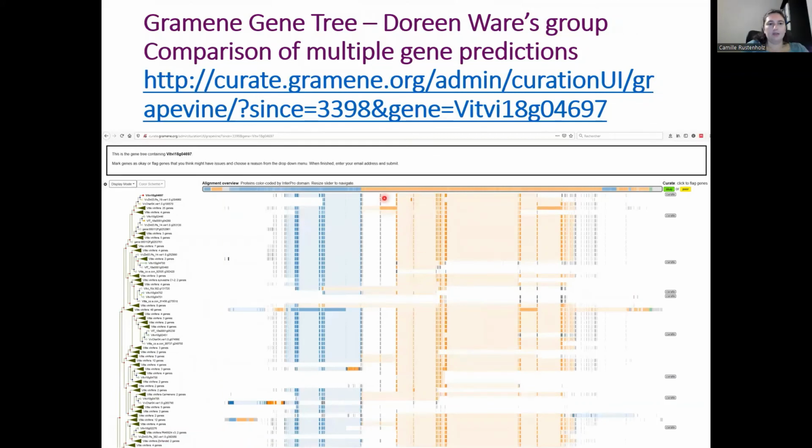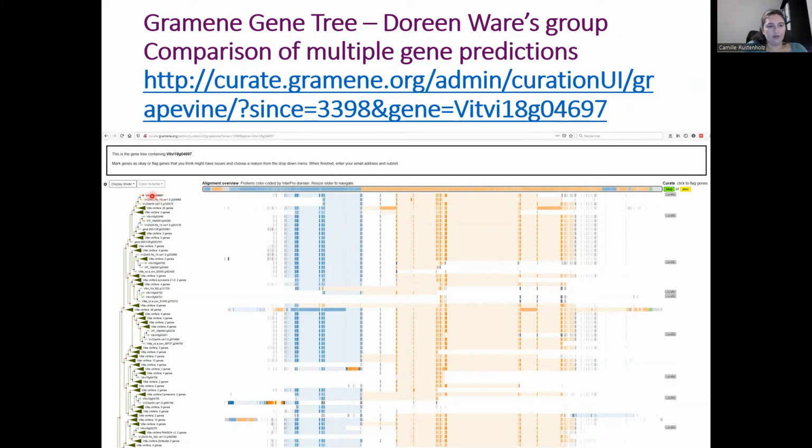You will have access to the Gramene gene tree, which is a tool that was designed and developed by Doreen Ware's group at Cold Spring Harbor. This allows you to compare multiple gene predictions from different grapevine varieties. The link to access it is this one. And this is the tree that you can get for this gene. But if you want the gene tree for another gene, you'll have to change that in the link. And so this helps to compare